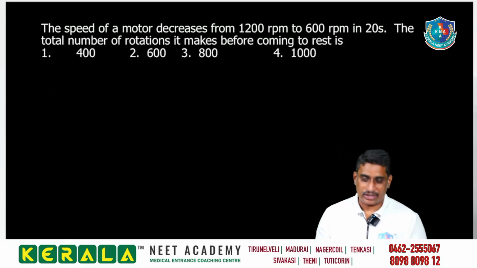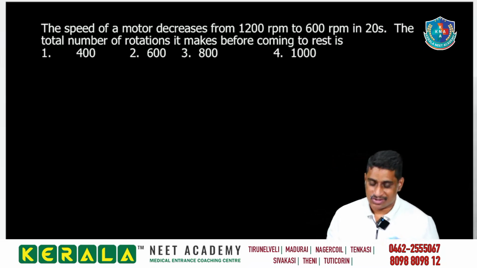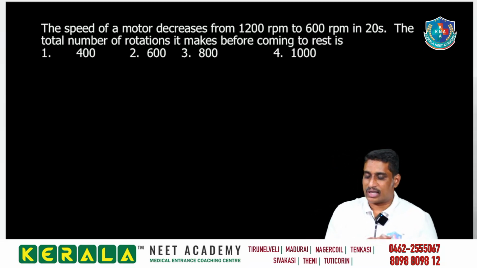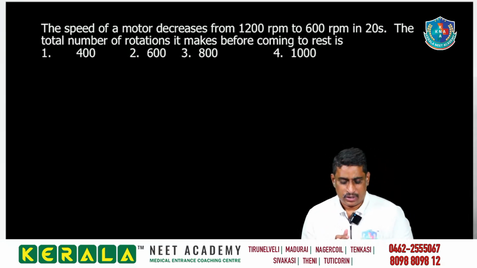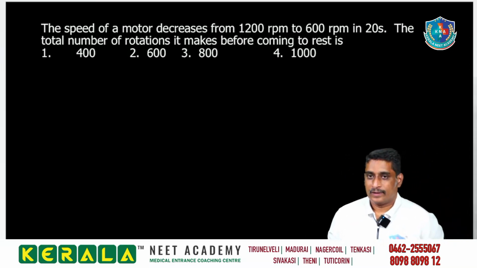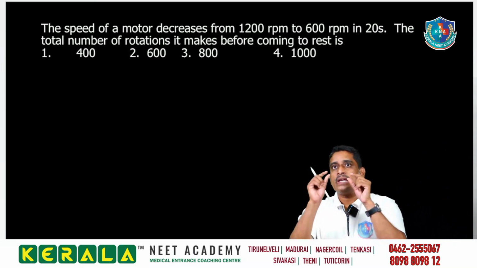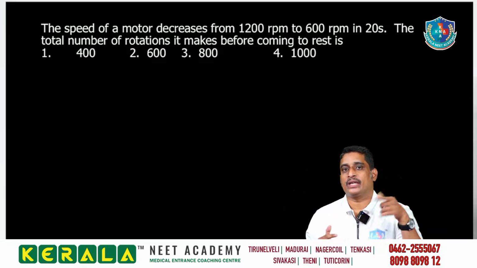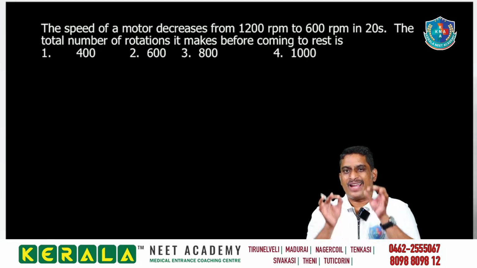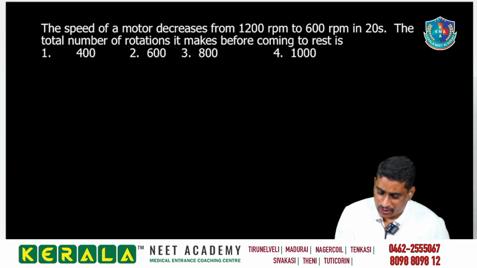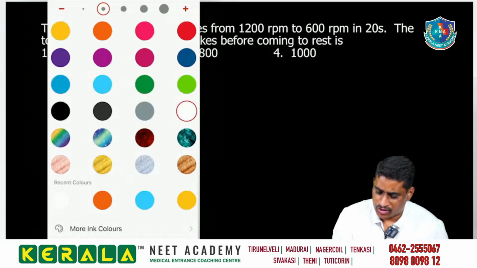One more simple question I will discuss, with that I will conclude today's class. The speed of a motor decreases from 1200 rpm to 600 rpm in 20 seconds. The total number of rotations it makes before coming to rest is, okay. See, just like linear kinematic equations, we are having rotational kinematic equations also, if angular acceleration of the particle remains constant. If angular acceleration of the particle is constant,